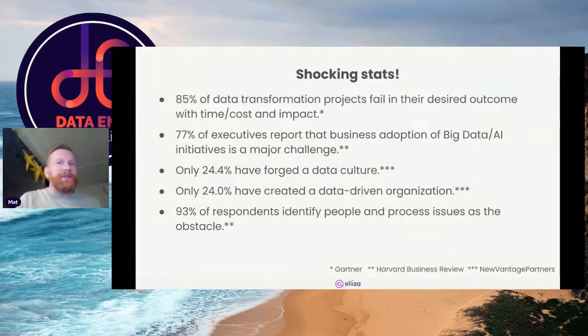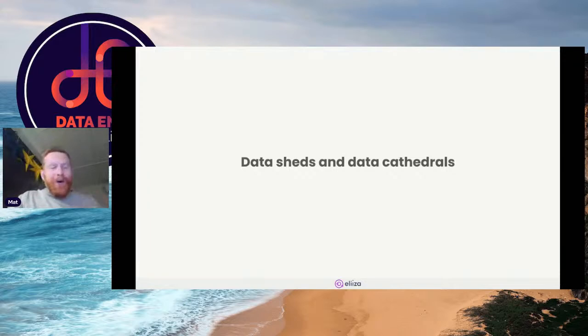So it's not that the technology is not there. If we look at data engineering, there's loads of technology, and it's getting pretty advanced and mature. And it's not that the data isn't there, because we know it is. It's just not being used or accessed in the best way. So why is this happening?